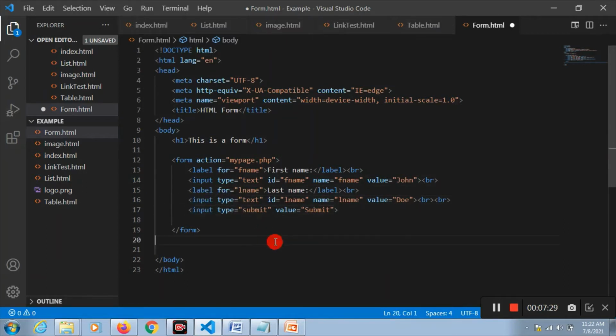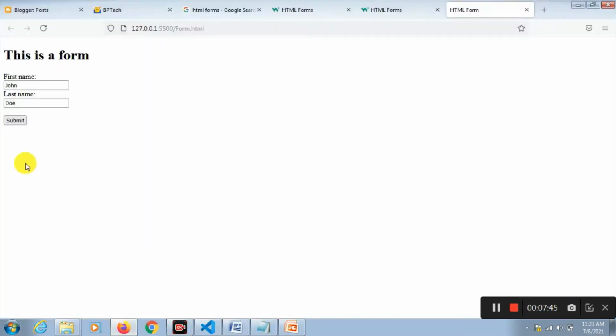Here we are. Our small form is created: first name, last name, and button. Let's save it and see how it looks in the browser. Here we are: first name, last name, and the button.